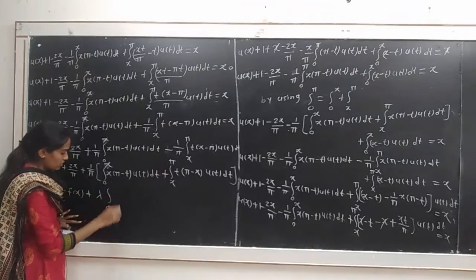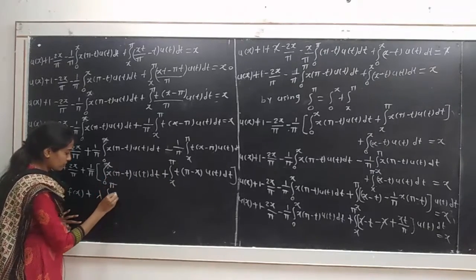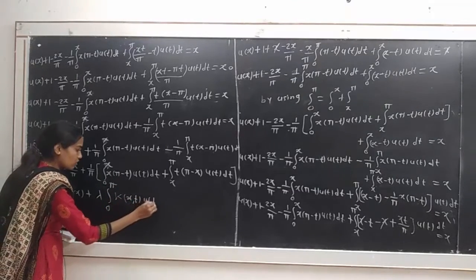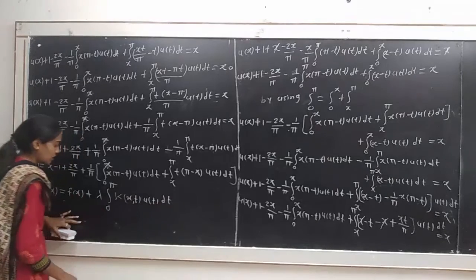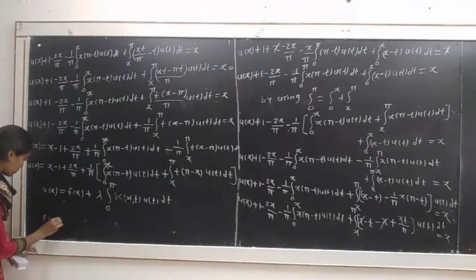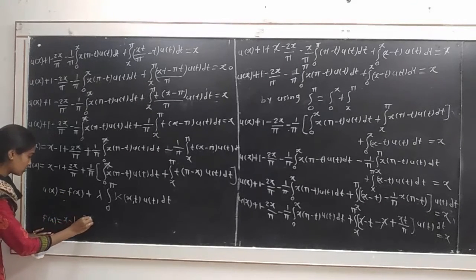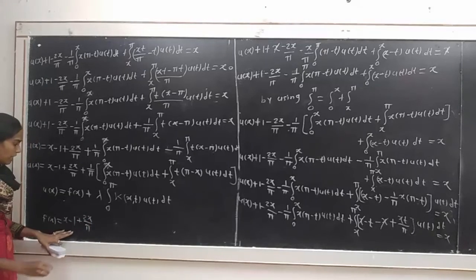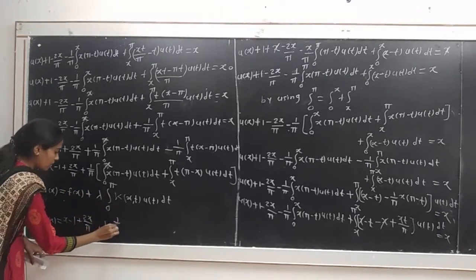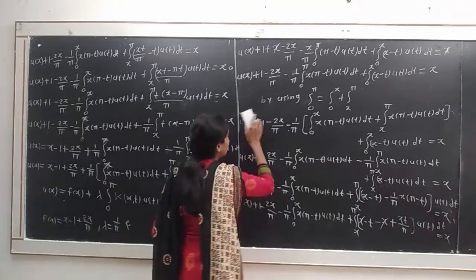We can write it in one integration, or we combine these, we get 0 to pi. Here we write this kernel k of x,t into u of t dt, where f of x is equal to this x minus 1 plus 2x divided by pi. Then lambda, that is the eigenvalue, will be 1 by pi, and kernel k of x,t will be equal to,